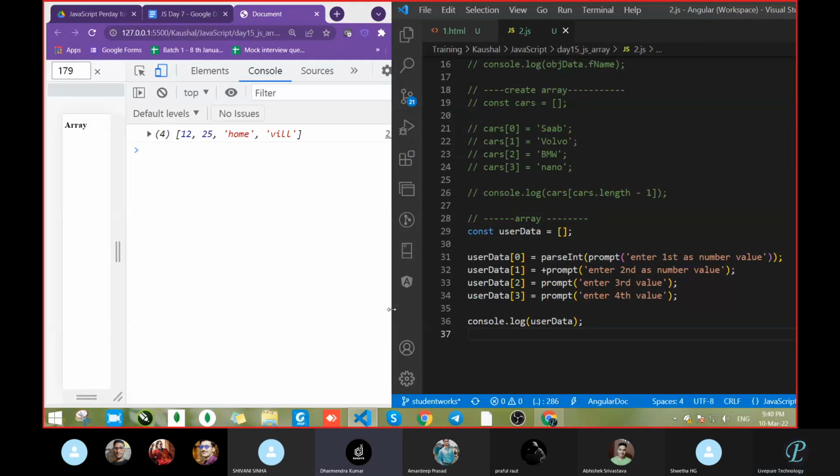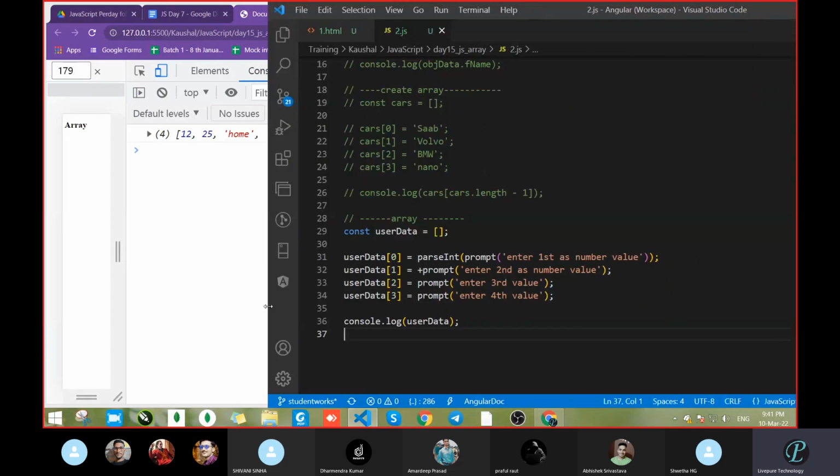Whatever data you are taking from the user from your form, in the form section we told you to take the data from the user. When you save the data, with the help of that data you can create an array. How can you create an array? You can pass the data from the form field itself. Otherwise, you can create an array or an object, anything. Whatever data the user entered, you can create that object or array, do manipulation, and save the data. Many things are possible.